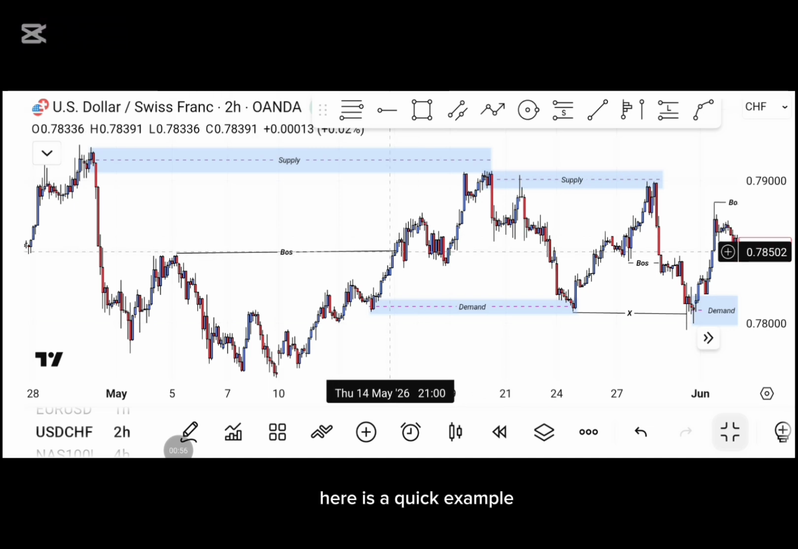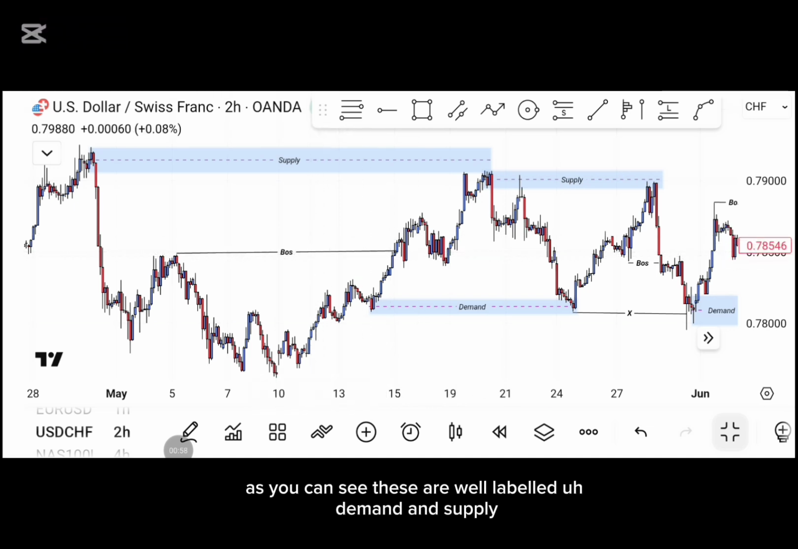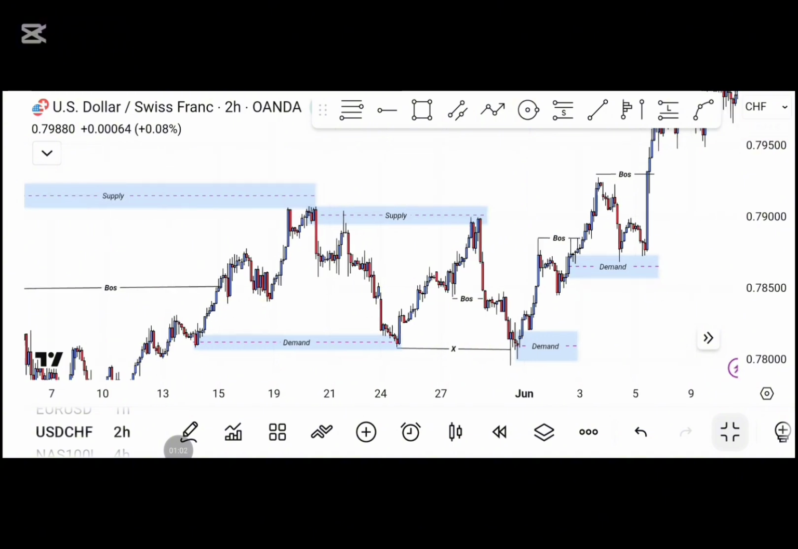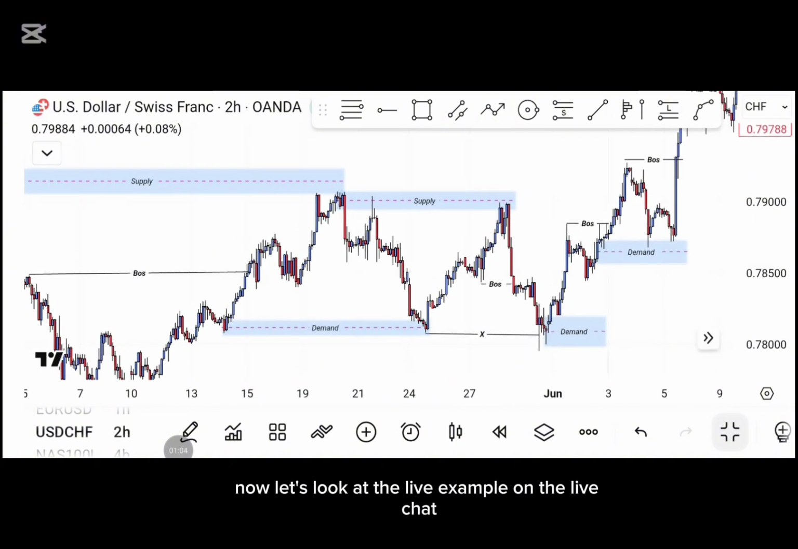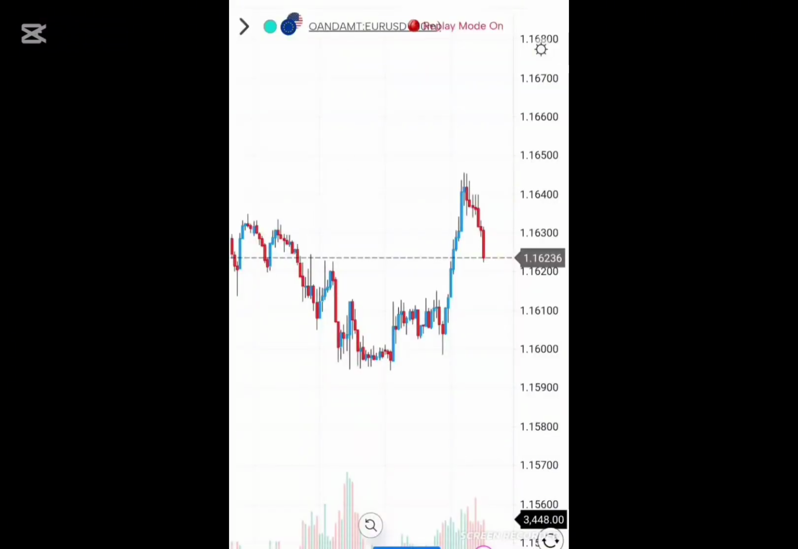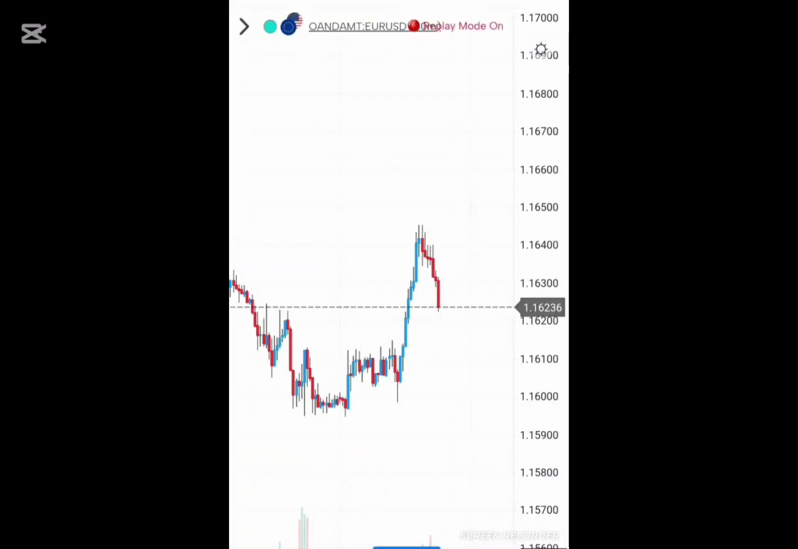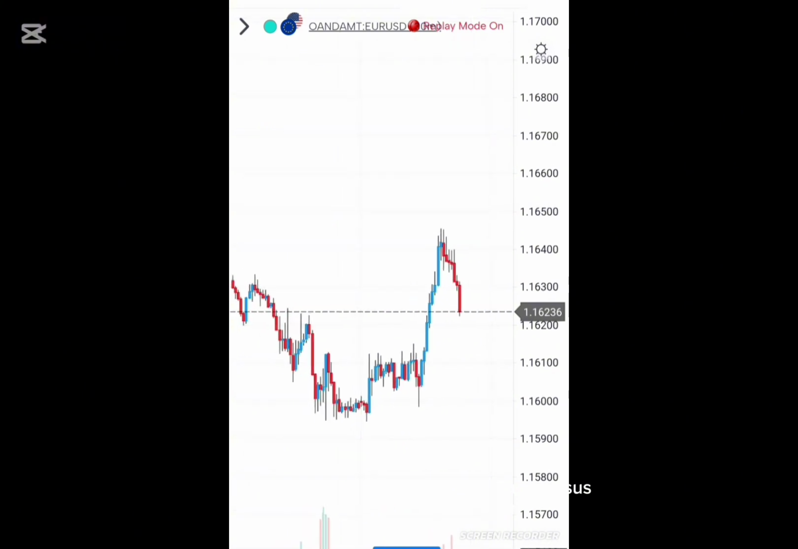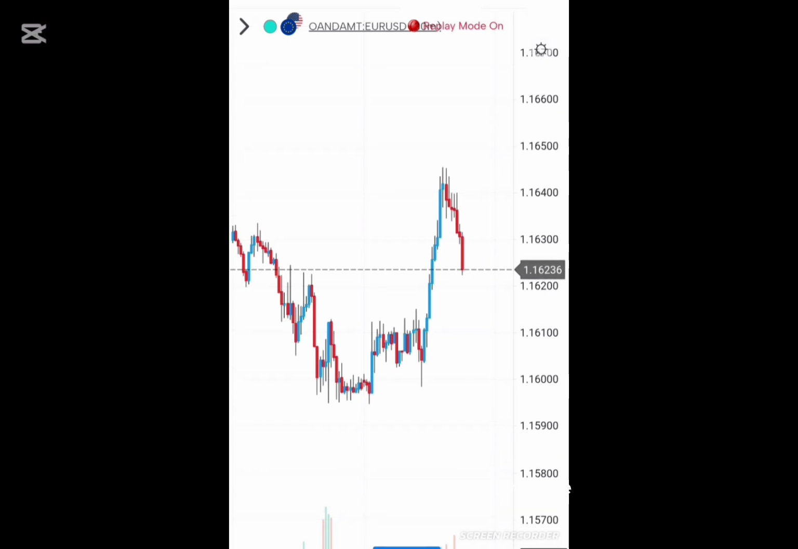Here is a quick example. As you can see, these are well labeled demand and supply. Now let's look at the live example on the live chart. As you can see, traders, here on the Euro versus United States dollar chart, we are going to cleanly identify the